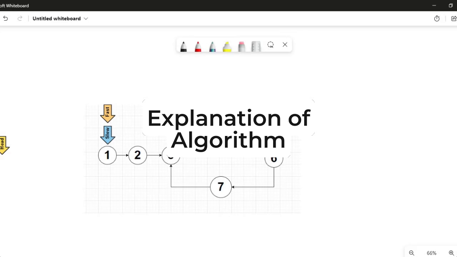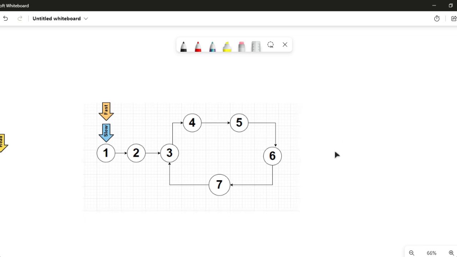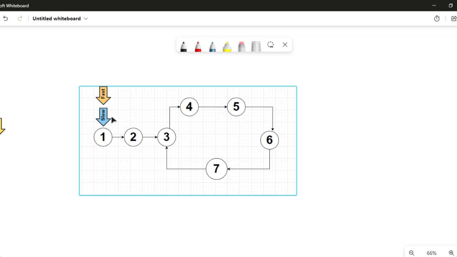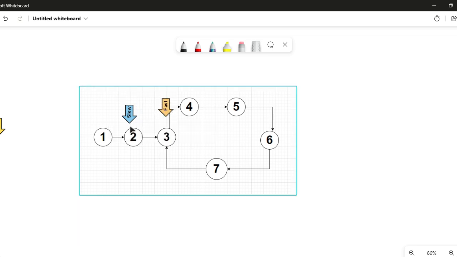First, let us understand the algorithm, then I will explain the intuition behind it. In this algorithm, we will have two pointers, slow and fast. We will move the slow pointer one node at a time and the fast pointer two nodes at a time. Let me show you how it will work. As we move the slow pointer to 2, we will move the fast pointer to 3. And we will do this until the fast and slow pointers